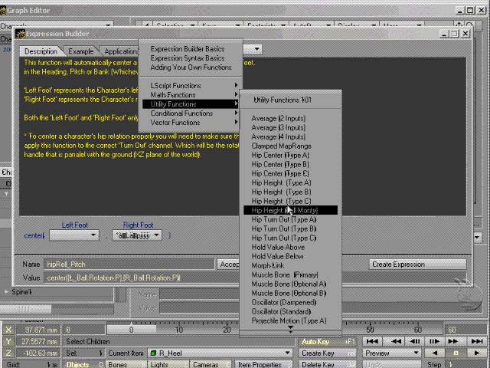And you'll notice that there are several versions of each function, and each one has a little bit more control than the last. I'm going to really just be dealing with the most basic ones, and certainly if you want to go in and find out what some of these more advanced controls do, please do so, but it's really kind of overkill for us to go through and use those at this point. I'm just going to show you the basics. So first I'm going to select hip center,